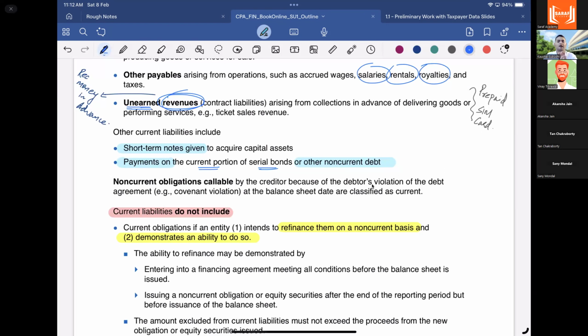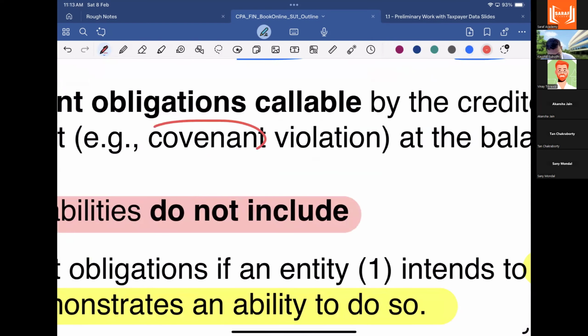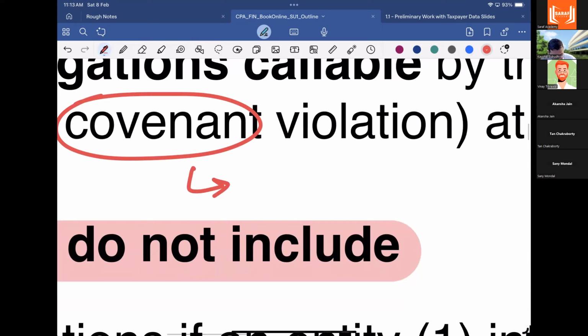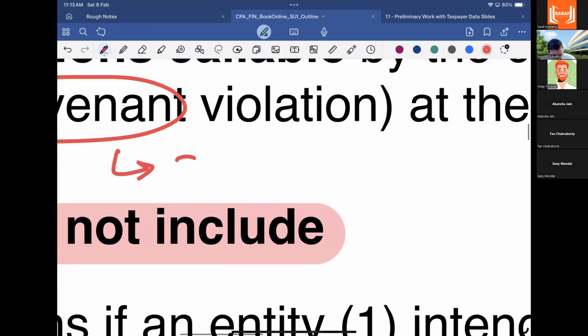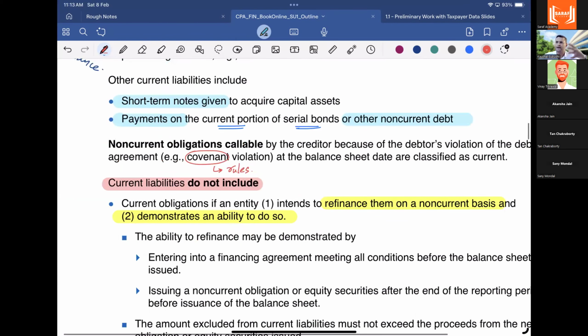क्यों, क्योंकि शायद आप डेटर हो और आपका क्रेडिटर बोल रहा है कि आपने कोई वायलेशन किया हुआ है, कुछ कवेनेंट वायलेशन किया हुआ है. Now what do you mean by covenant over here? Covenants refers to some kind of rules and regulations which you have to adhere to. इसको जस्ट हल्के में, आराम से इसको समझो कि these are just nothing but some rules. जैसे कि एक कॉन्ट्रैक्ट होता है, जैसे कि आप एक घर लेते हो 6 महीने के लिए 1 साल 5 साल के लिए